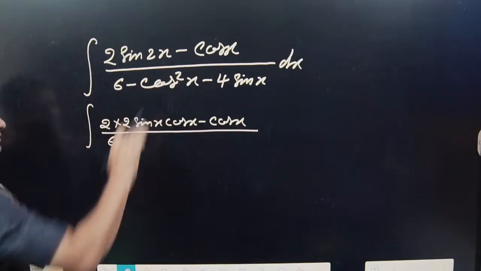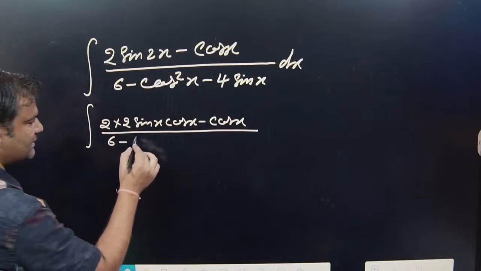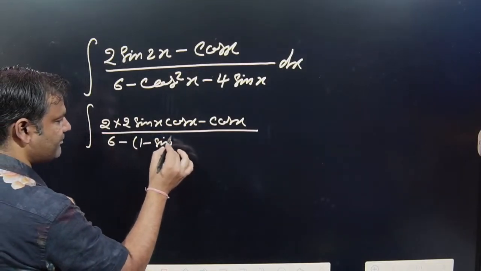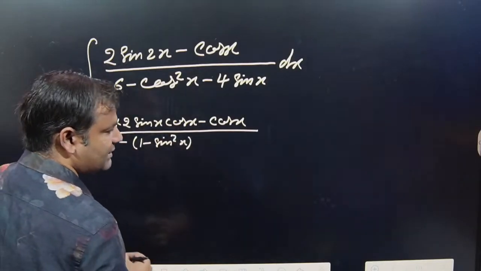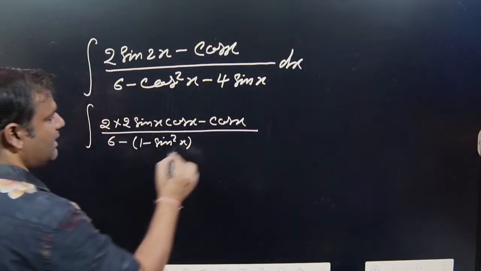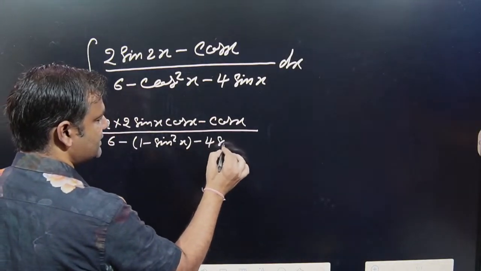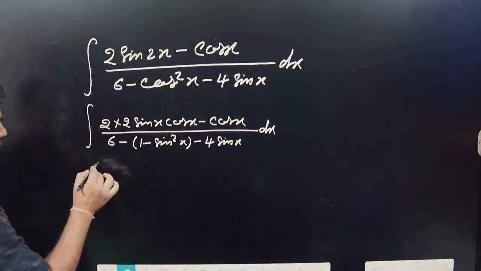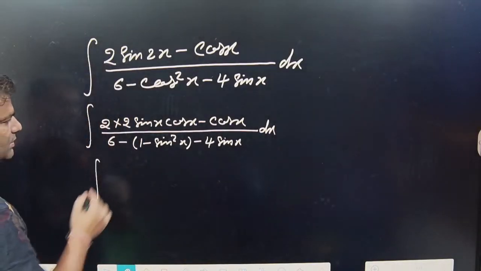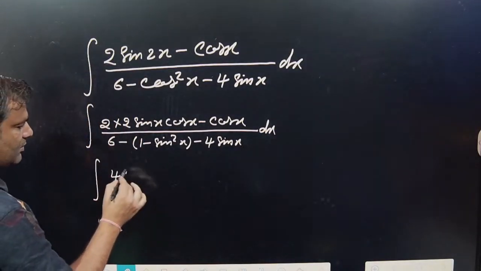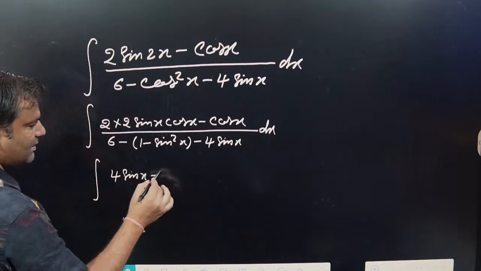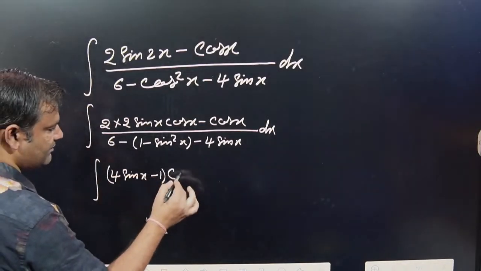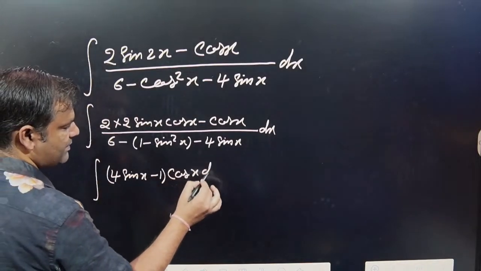This one is also replaced by 1 minus sin square x. So cos square x is written as 1 minus sin square x, and minus 4 into sin x dx. So this one is 4 sin x minus 1 into cos x into dx